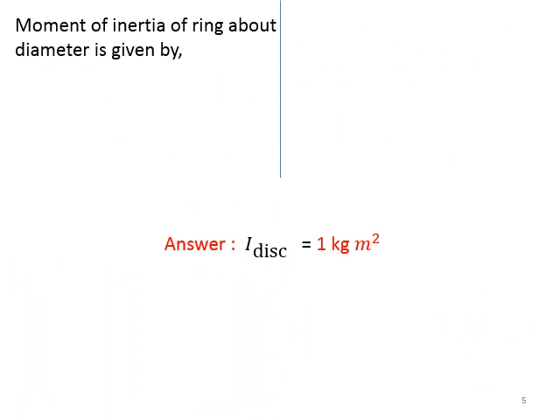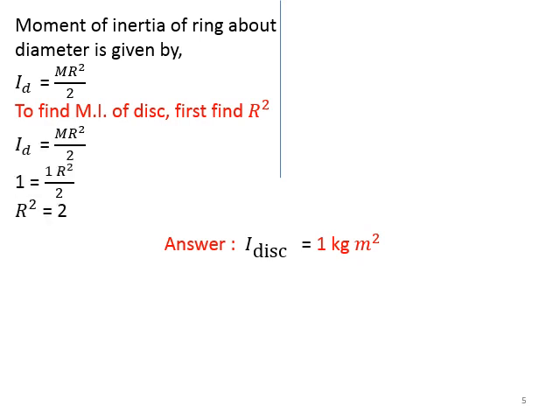Now here moment of inertia about diameter, we have just seen it. So what is the formula for that? This is the formula. And the same formula is for moment of inertia of the disc also. But in the data, Id is given, M is given, but R is not given. बरोबर आहे ना? आपल्याला R दिलेला नाही आहे. म्हणजे what is our next task? We have to find out this R. So substitute given values in this formula and proceed. बघा बरं मग आता काय करणार? Id is 1, M is also 1. Simplify for R square. R square is 2.